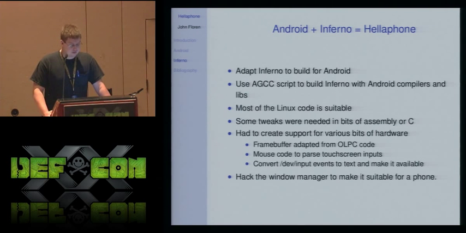And then one of the more complex things was figuring out how to parse the touchscreen inputs, because it's interesting, they differ from device to device. So you look at /dev/input/event something, and which event file it is varies from device to device. But you read it, and it gives you a bunch of binary, and the format's going to be a little bit different based on which device you're looking at. So basically, for every device, we had code to parse each touchscreen event and convert it to movements of the mouse, clicking of the mouse, and things like that.